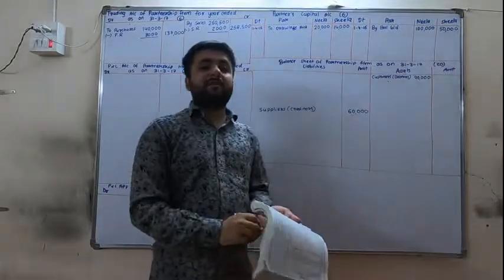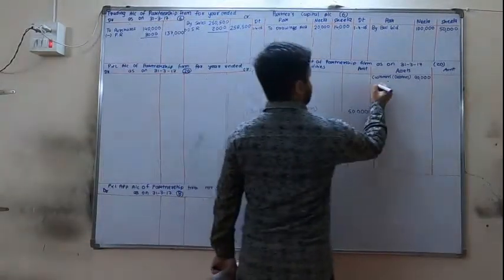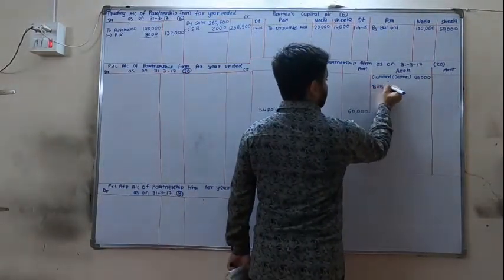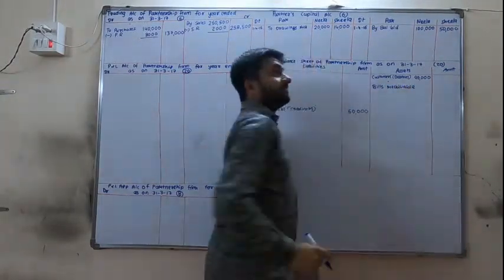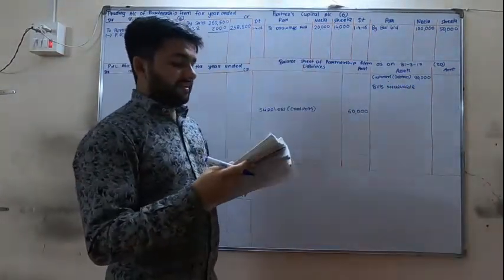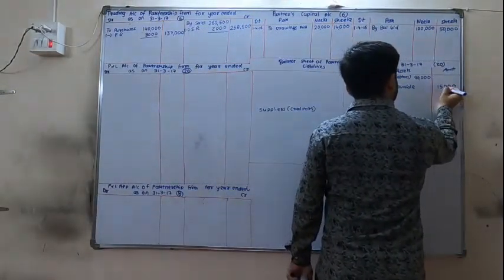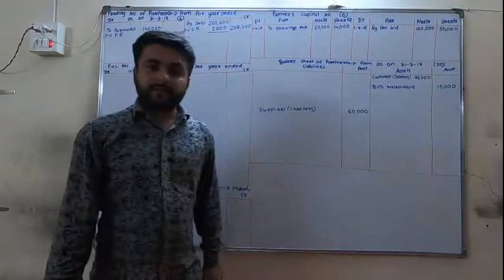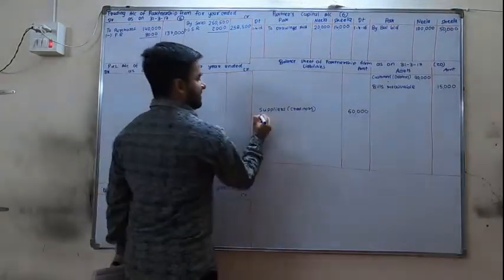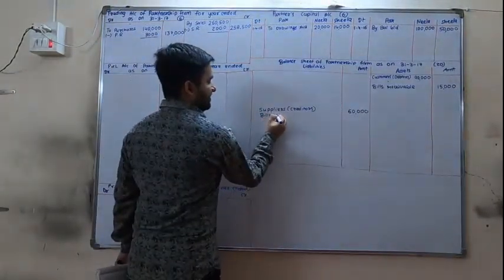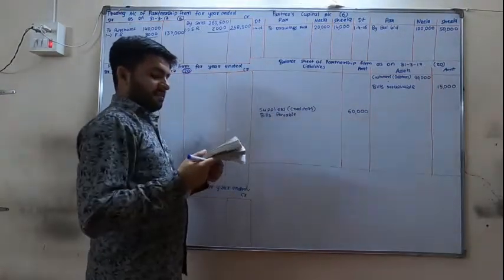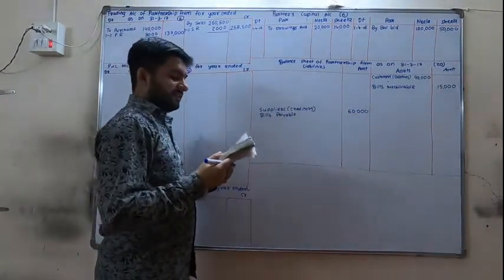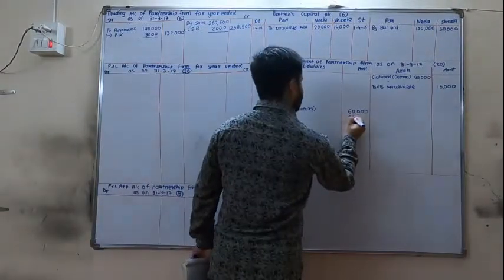Okay. Next we are having both the bills. So debit balance of bills is bills receivable. So on the debit side, means on the asset side, bills receivable in the upper column 15,000. Then bills payable will have credit balance. So on the liability side, bills payable, it will have a credit balance and it is 20,800.